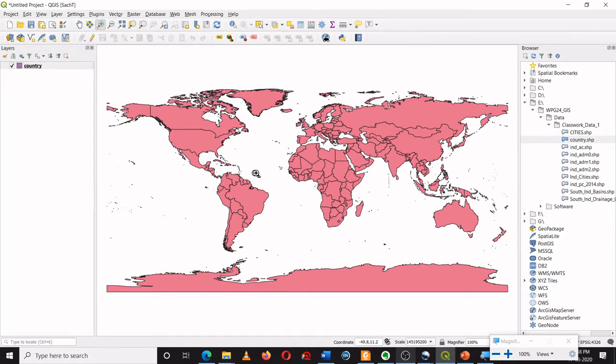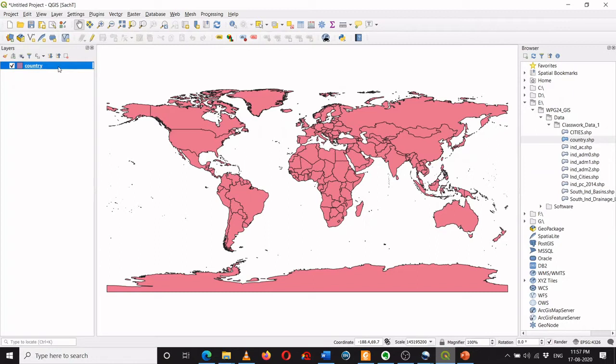Similarly, as we have learned, the vector data model always comes with the attribute table. So we'll see now how one can see the attribute table associated with this map. Now we will see the attribute table of this vector layer. I can see the attribute table, but before that I need to select this layer. So I can click over here in a layer panel.